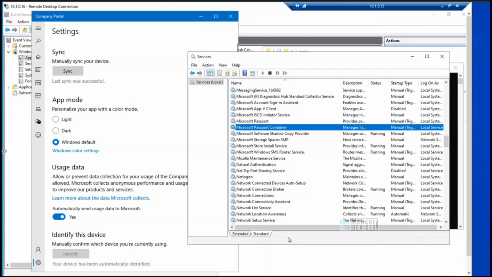Where we have a playlist for Intune free training, and you will get all the episodes from Sunday. Sunday was a 2.5 hour session, and then we continued weekday sessions for half an hour every day, every weekday for 15 days. So this is the 15th day.